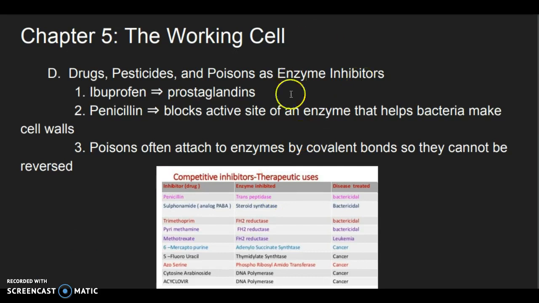Now, these types of enzyme inhibitors are typically found in the body in high quantities because they also have many therapeutic uses. So when speaking of enzymes and their functions, it's important to understand that there will be several different competitors that will inhibit the function of these enzymes and stop them from working.